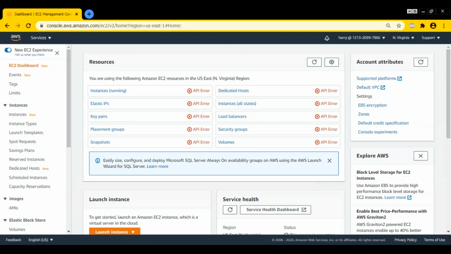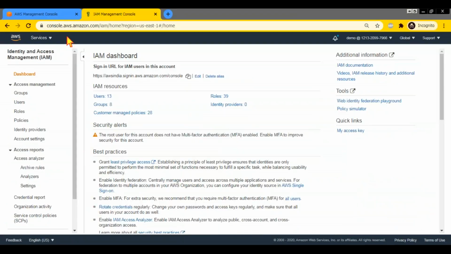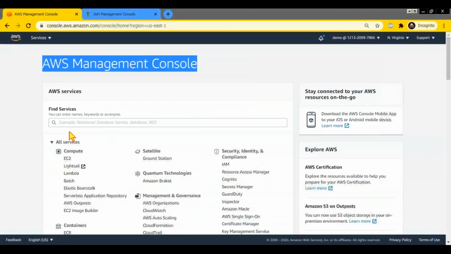Earlier it used to come with a different error. Now they're saying API. So remember, everything in AWS is API driven. Everything is an API call. When you're saying create instance, launch instance, everything is an API action. So anyway, here it is giving an error, but here I am logged in as a user with full permissions.